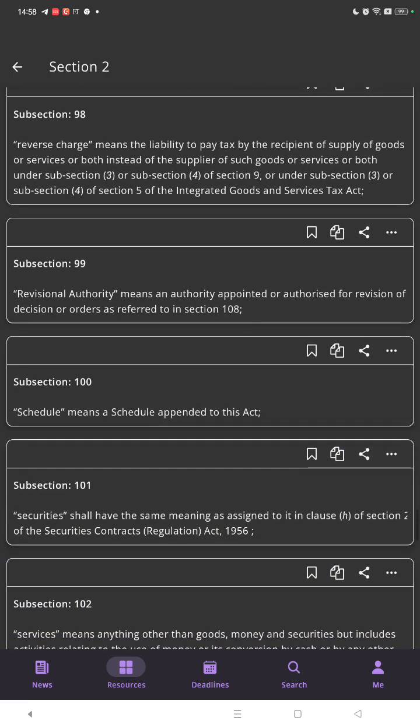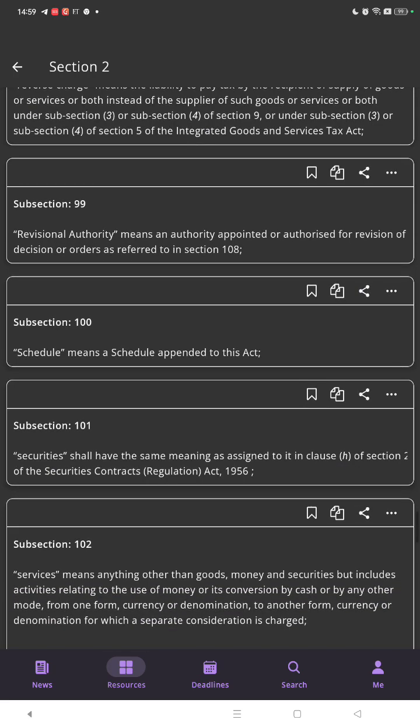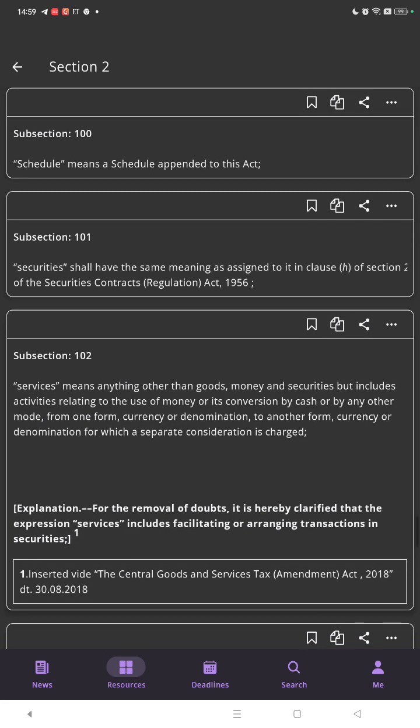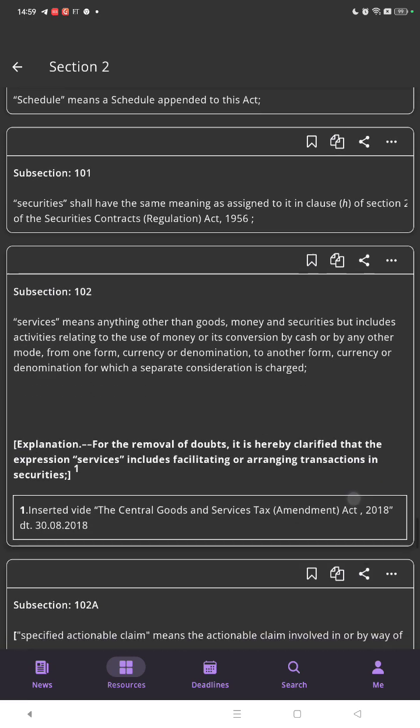Subsection 99: revisional authority means an authority appointed or authorized for revision of decisions or orders as referred to in section 108. Subsection 100: schedule means the schedule appended to this Act. Subsection 101: securities shall have the same meaning as assigned to it in clause (h) of section 2 of the Securities Contracts (Regulation) Act 19